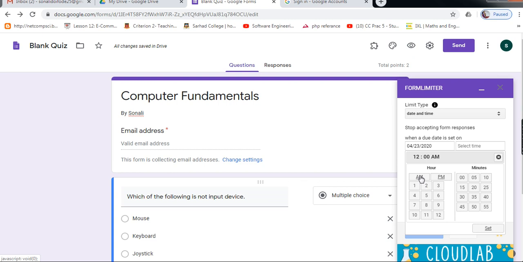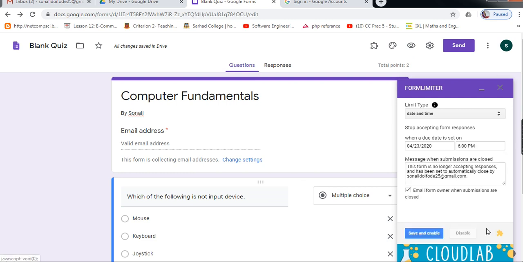Sorry, I am selecting the time as 6 PM. Till 6 PM, this link will be enabled. After this, it is automatically disabled. Click on set. Then save and enable. In this way, you can set the time by using the form limiter.